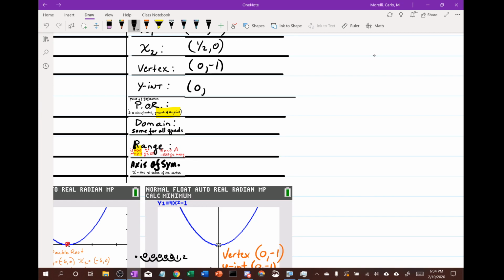For the y-int, we'll put 0, comma negative 1. The point of reflection is also 0, comma negative 1 because, you see there, the y-intercept